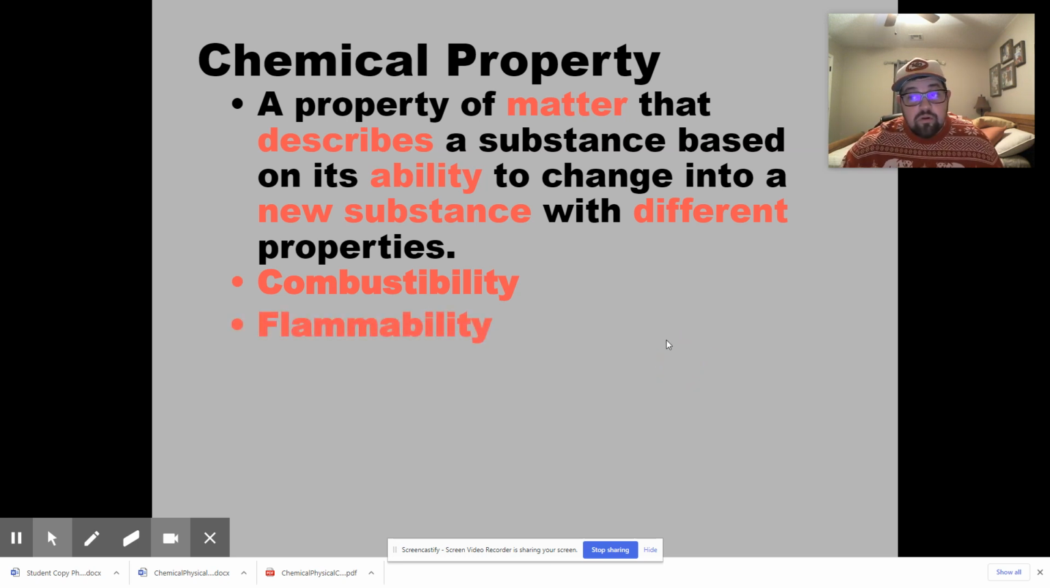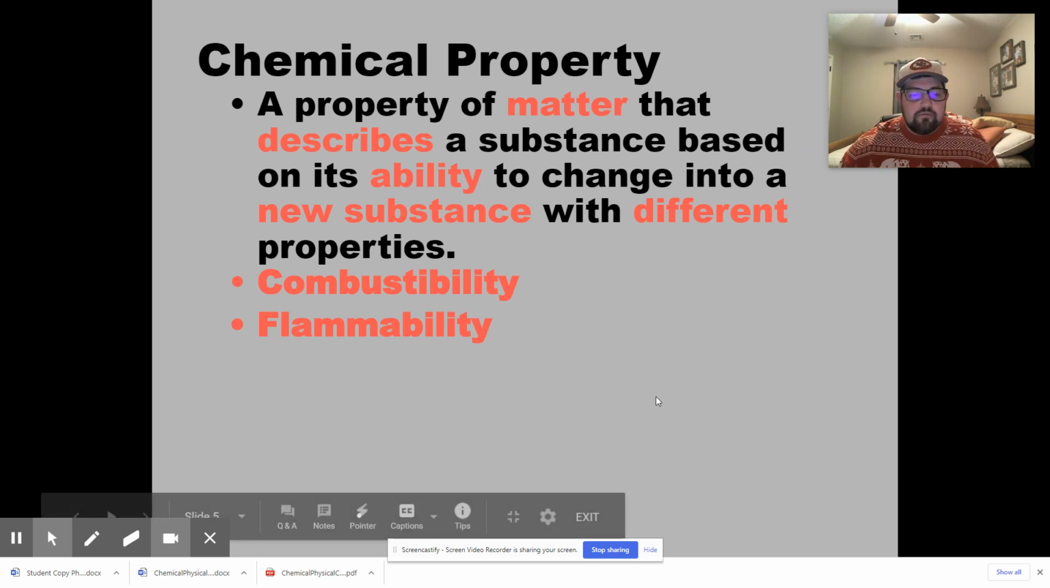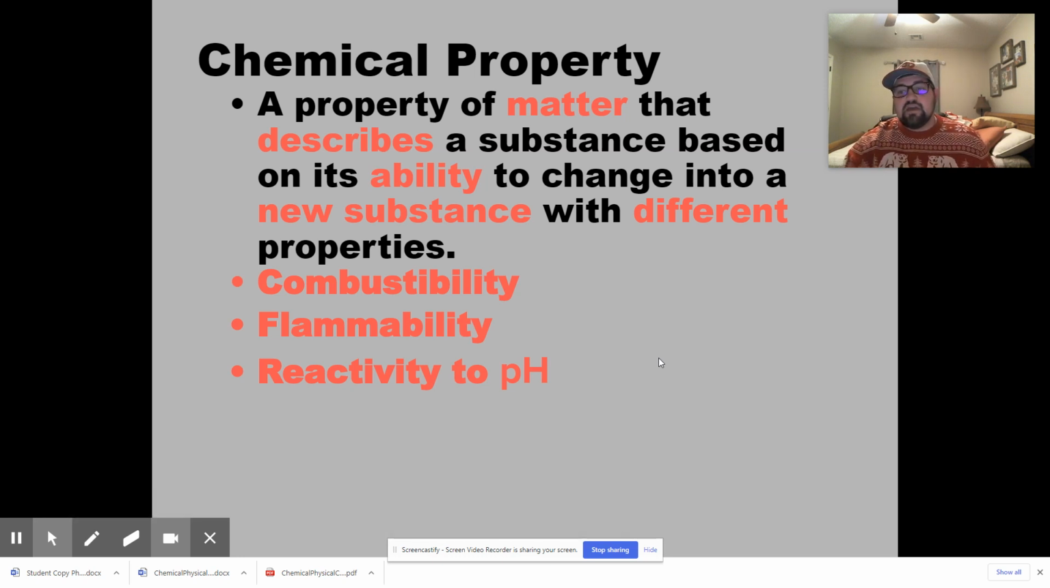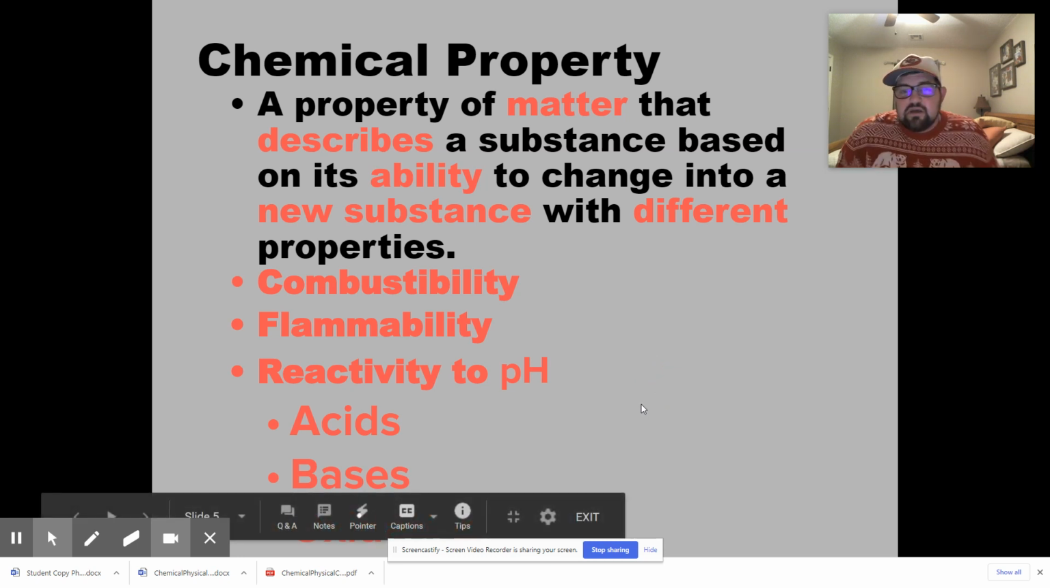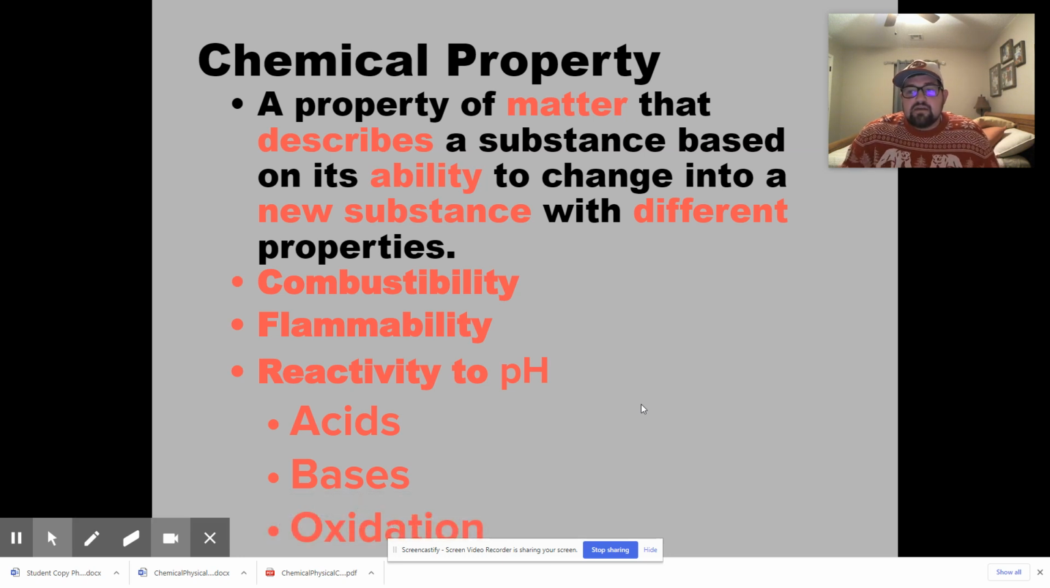They're flammable, which is similar. Flammable means that it can catch fire. Combustible means that it can start fire. Then we have reactivity to pH, which is really pH means percent of hydrogen, but we really talk about pH when we talk about acids and bases, and then oxidation, which is all chemistry words really for you guys, but